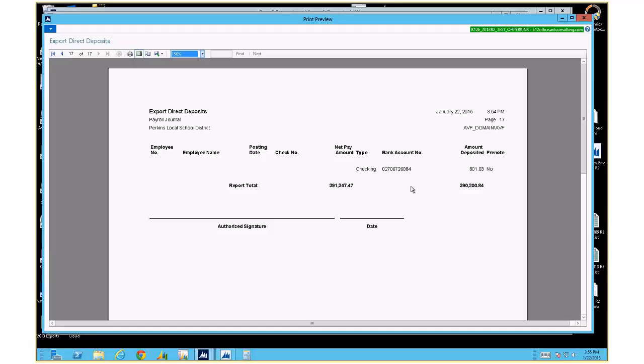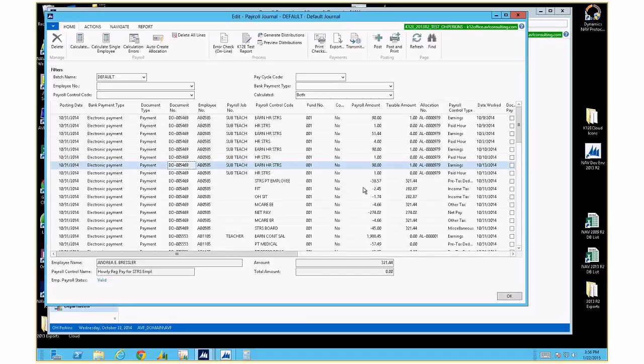Now, if a person's got a complete computer check, I mean, they really meant to get a computer check, then they will not be in this total. So you can't do it that way. But if everybody is electronic, like we tested everybody to be electronic, this net pay amount should agree to the end of that report that we looked at for cash and so forth for total net pay. So that's basically that. The next step would be